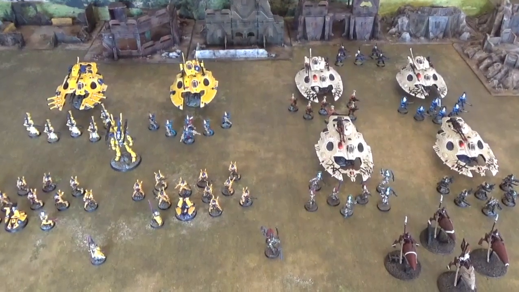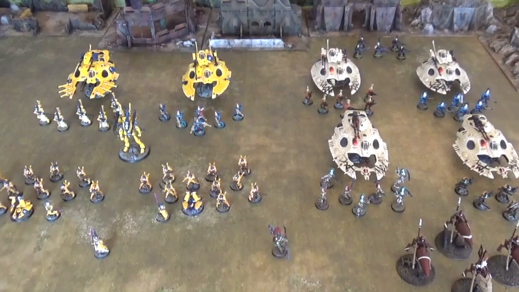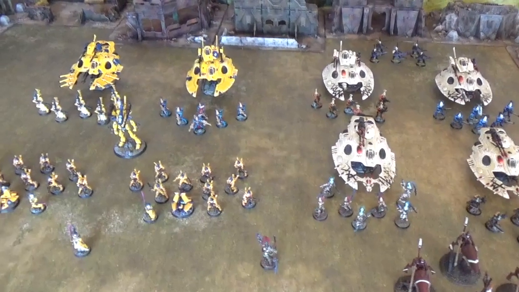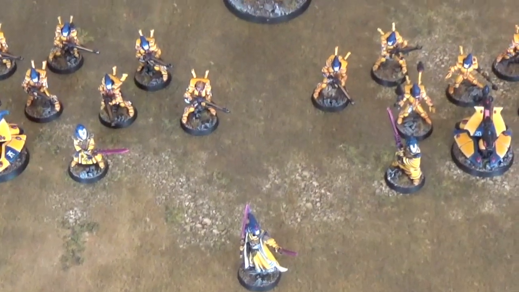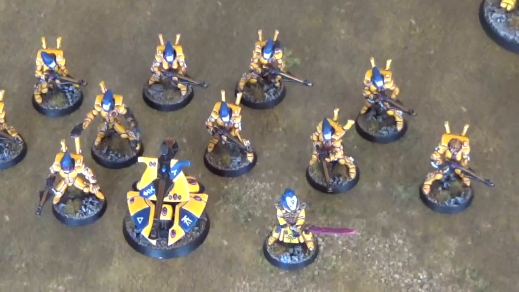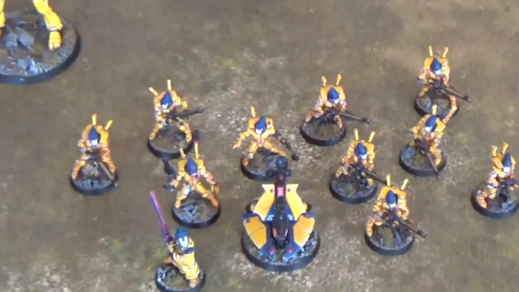This 2,500 point Craftworld Eldar army is battle forged and consists of a combined arms detachment and two aspect hosts. The combined arms detachment is made up of the Eldar of Craftworld Iyanden and is led by a Spirit Seer. He has brought along with him two squads of 10 Guardians. One has a platform with a Shuriken cannon and a Warlock, and the other has a platform with a Star